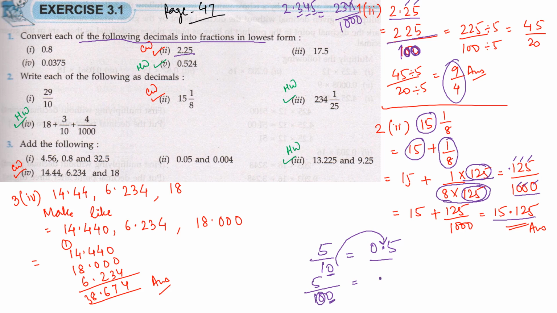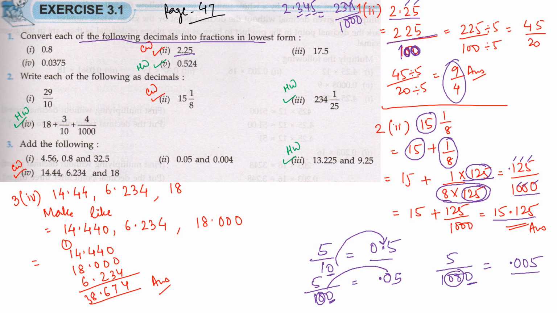Another 0 is there na, so ये 0 को we will write as it is 0 and 5. Getting the concept? If it was 5 by 1000, now here also 1 0 will become a decimal. Now these two zeros are left. इनको ऐसे ही लिख देंगे 0 and 0, and the answer is 0.005. I just want to tell you the technique.